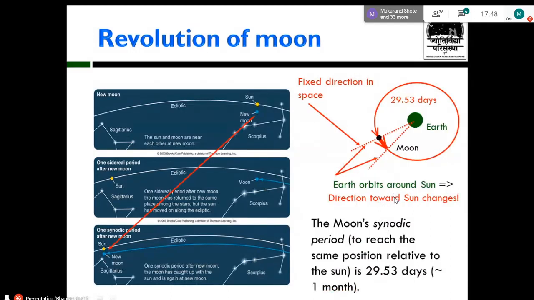Okay, so just to clear out, the moon takes 27.3 days to complete one revolution, but then again, the orientation has changed. Okay, the stars at the background are the same, but the orientation has changed. So in order to achieve the same orientation as well, it takes extra 2 days. So that is shown in the image on the left hand side. The top image shows the new moon, the sun and the moon closer to each other, and the image at the bottom is again closer to each other, but that requires 29.5 days. This is called synodic period, and this is used for the calculation of calendars in ancient Indian as well as Greek and Roman mythologies.